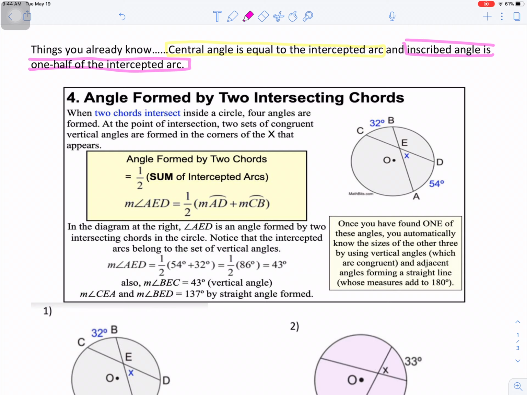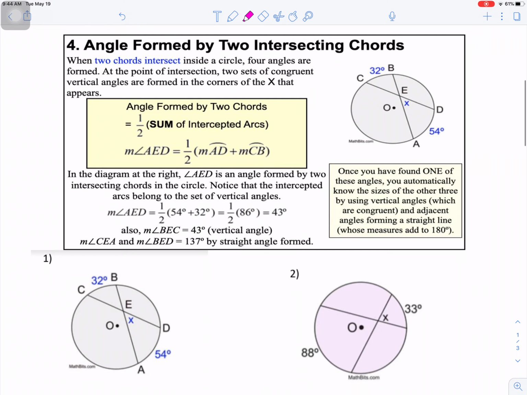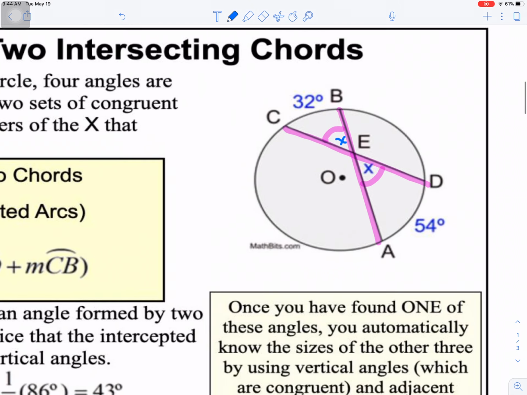The first one is an angle formed by two intersecting chords. So you have one chord here and one chord here, line segments inside of the circle. They create a pair of vertical angles. Vertical angles are formed when lines intersect. So if the chords are intersecting, they're forming vertical angles. So those vertical angles we already know from our previous studies must be equal to each other. Okay, now,